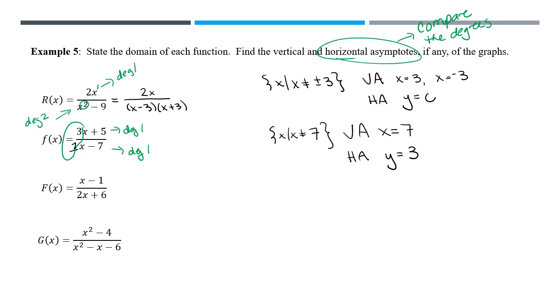Okay, so I'm going to take a minute and explain why that's the horizontal asymptote. Let's actually go back to the one we just did, r of x. The horizontal asymptote actually tells us about the end behavior of the graph. We talked about end behavior when we talked about our polynomial functions. So the end behavior is what happens when x is very large and negative or when x is very large